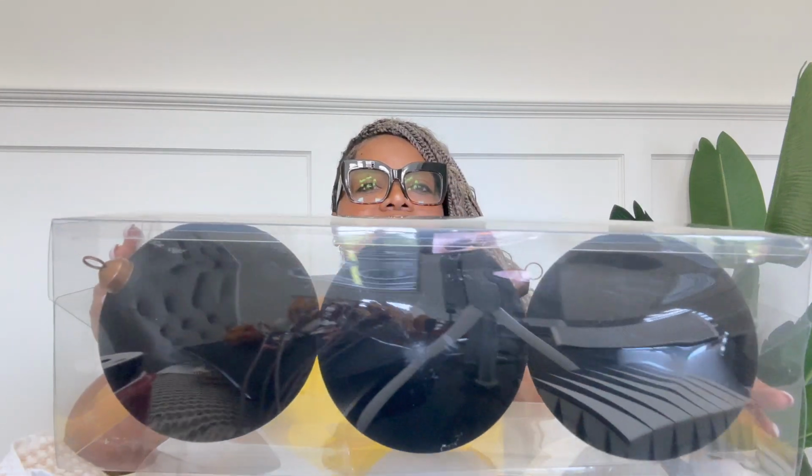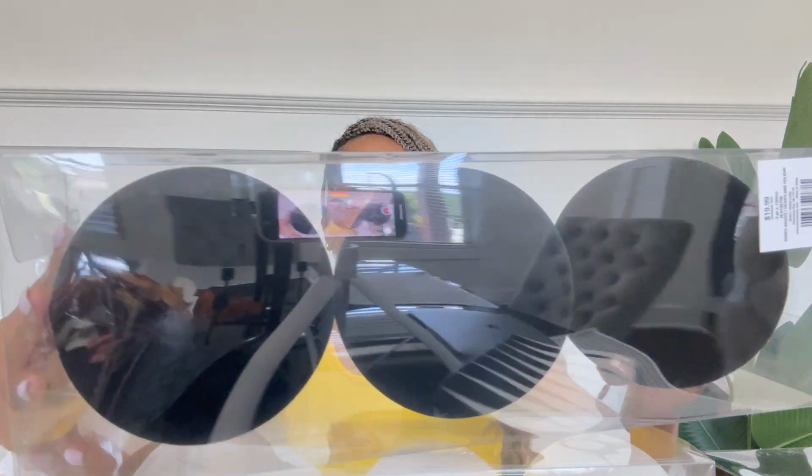Super, super gorge. Black velvet, come on now. Super, super gorge, really pretty. I got these, like I said, at Hobby Lobby, and I didn't even give you the price. The original price for these, because they're the larger ones, is $19.99, but Hobby Lobby has all of their Christmas items right now at 50% off. So I got me these, and then